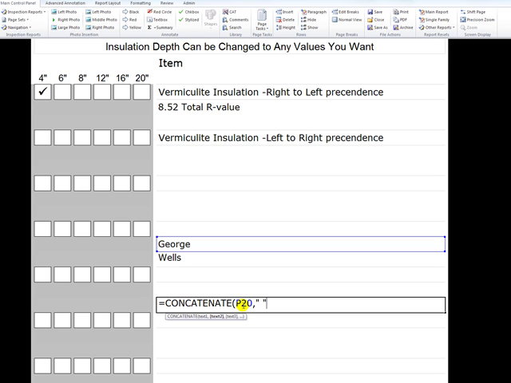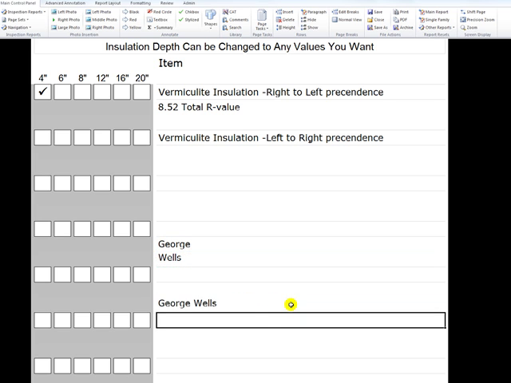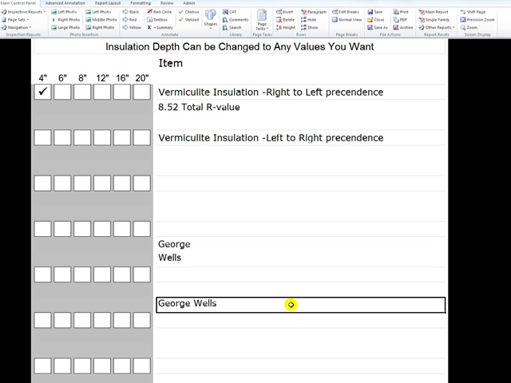That's what I was talking about, a third item to concatenate, a second comma, and then finally I will click on where my last name is, and you'll see it puts that value for me. I just close the formula with the parentheses,